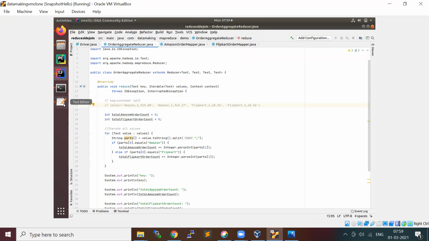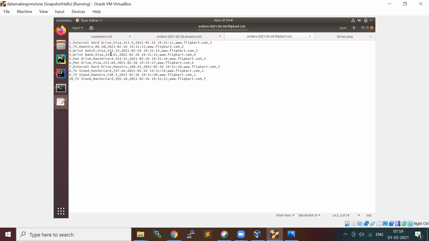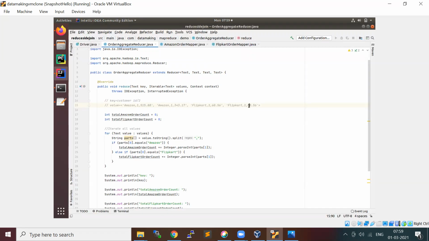And the order amount is different. What is the order amount? 4112. Okay, this is how we are going to get it on the reduce side for each key-value pair. This is for customer ID 2. I got these records. Similarly, for customer ID 1, I'm going to create something similar.